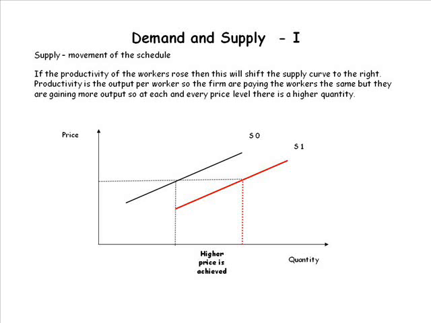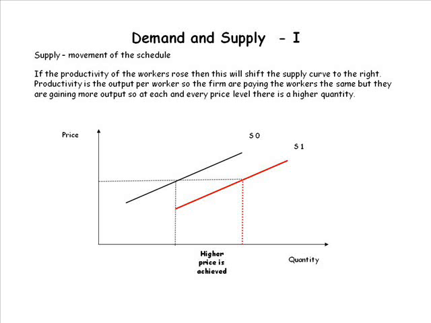Now, productivity is the output per worker, so it's how many goods each worker can actually produce in any particular time period. And the best way again to think of this is that if their productivity rose, then for the same number of workers, for which you are paying the same amount, they are going to have an increase in the quantity. So at each and every price there's going to be a greater amount of quantity being supplied into the marketplace and therefore the supply curve is going to shift to the right by the amount of that